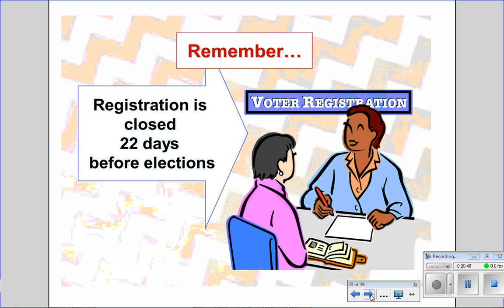Another thing that is new this year is that you do have to bring identification. You used to not have to bring a form of identification. You had to just kind of be able to say what your address was. But new this year, you do have to bring a government-issued ID, which can be a driver's license. There is such a thing as just an identification card, so you can bring that. You can bring a passport, but you have to bring some kind of government-issued ID to vote.